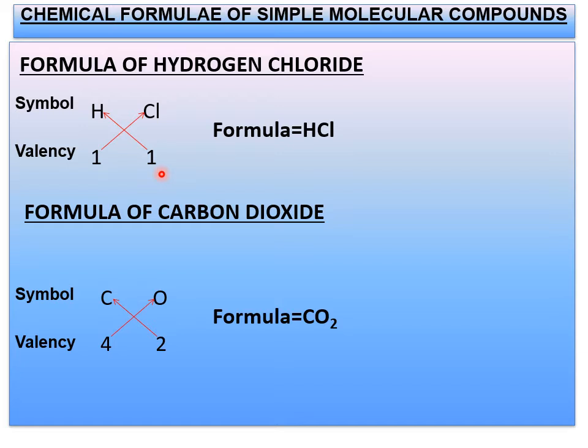So next step is you have to crisscross the valencies. So for H, this one, and for Cl, this one. If you crisscross, then what you have to write? You have to crisscross and write the formula. Now I told you if it is 1, no need to write 1 here. If it is Cl, again it is also 1. No need to write 1 over here. This is also one rule already I told. The formula for hydrogen chloride is HCl now.